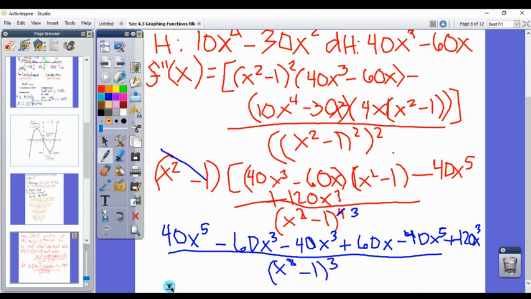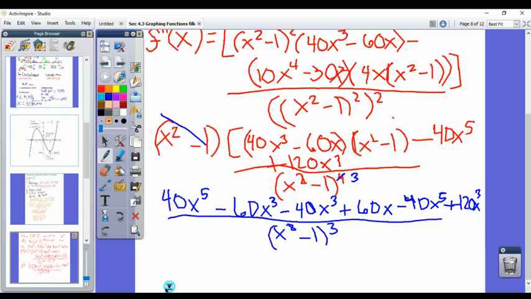Okay, then from here, I can combine some like terms and simplify, and I'm going to end up with